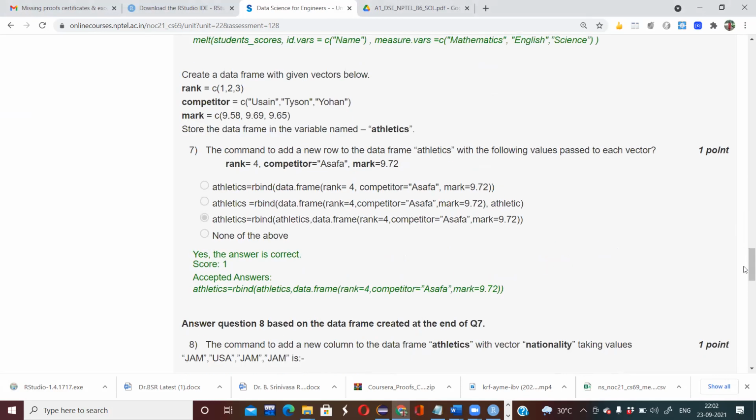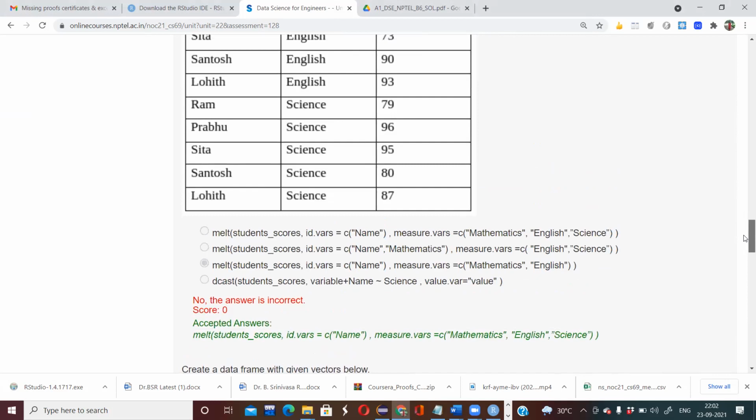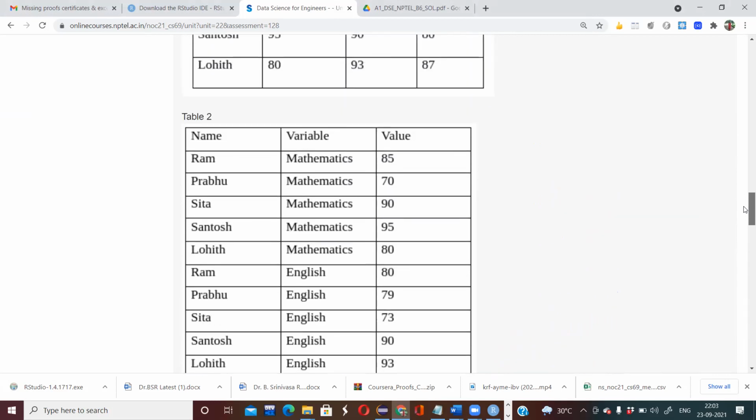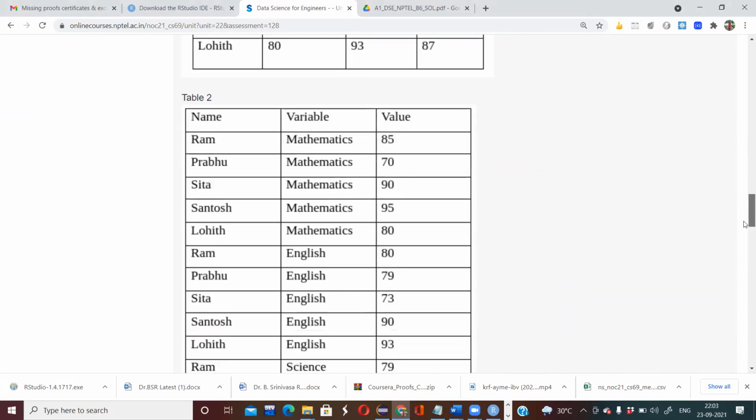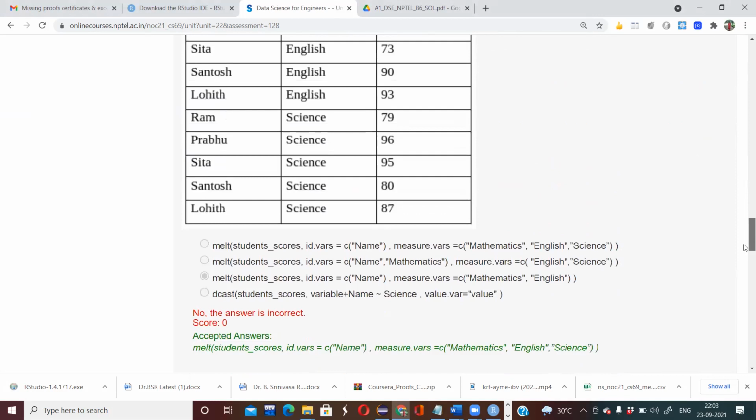So here, how they are segregating this particular table is using these measures, that is mathematics, English, and even science also. You also need to consider science. So the option will be the first option. Because if you consider the third option, what's happening here?